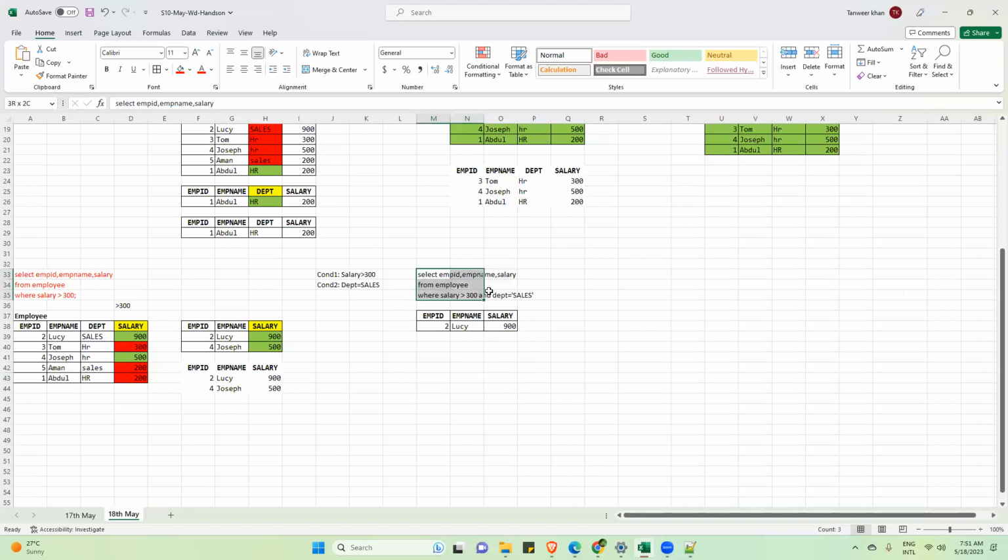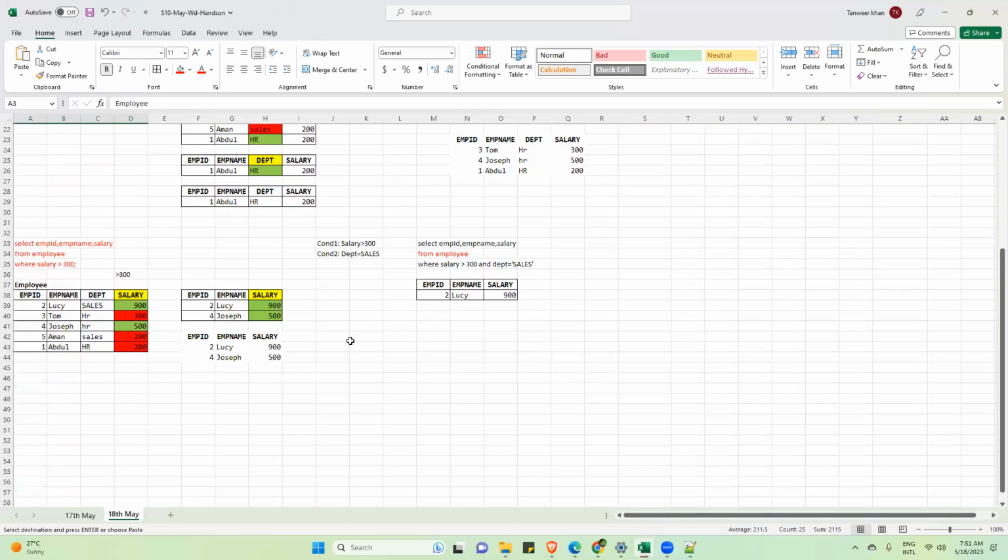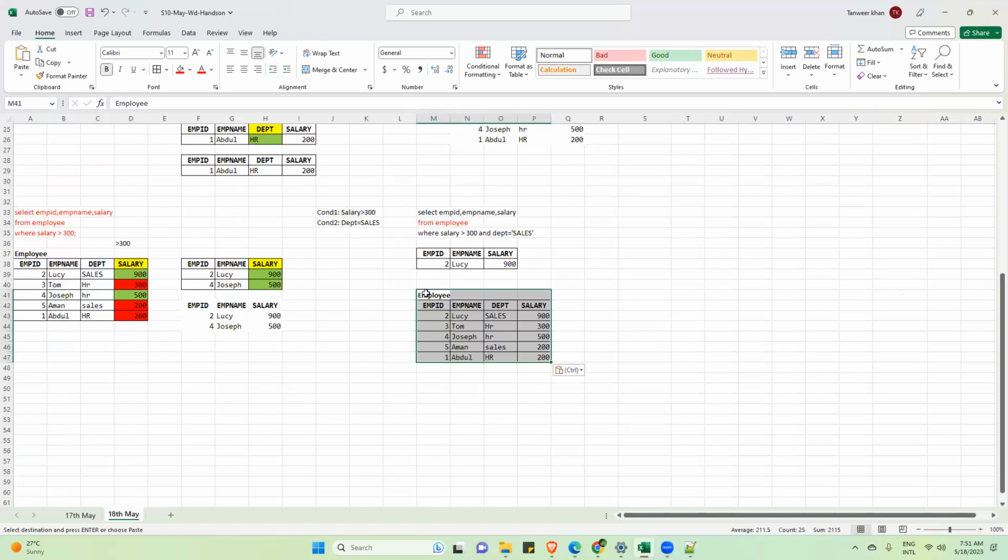So fine. First of all, let's try to understand this. You have to be very alert and listen very carefully. First of all, which keyword will you execute? FROM. I know I am repeating this, but this is an important thing, that's why I have to repeat it. From, you will take a copy of it. After FROM, which keyword?